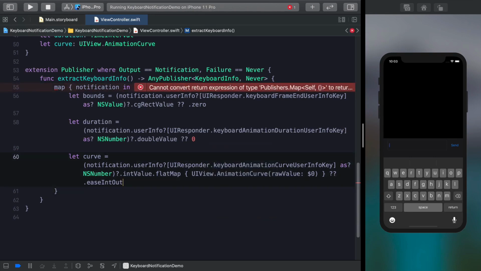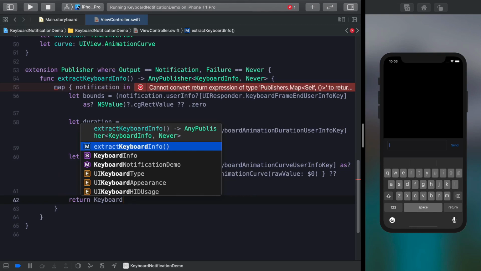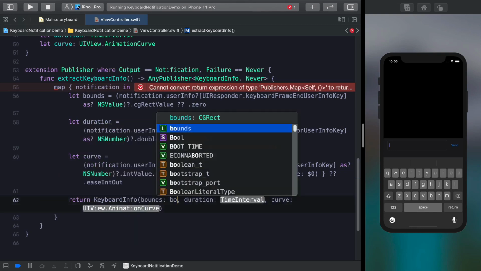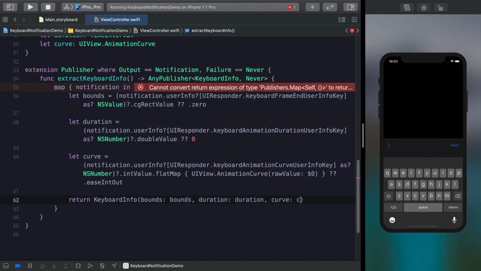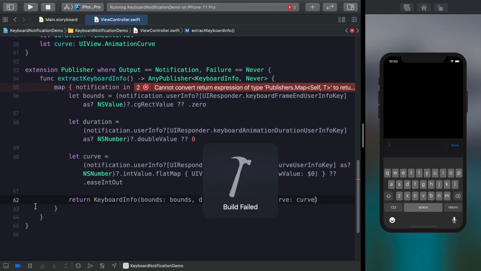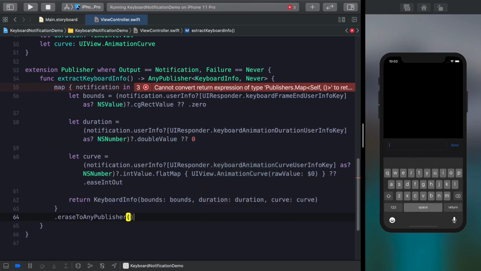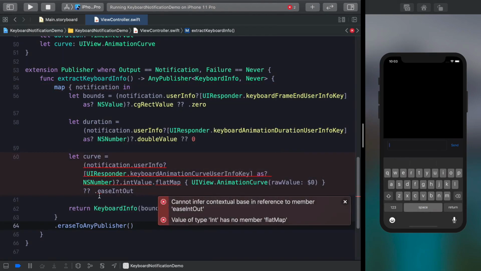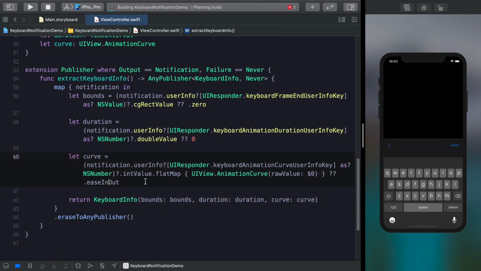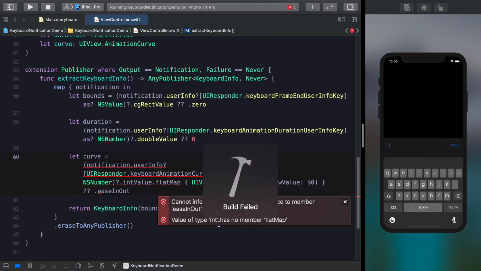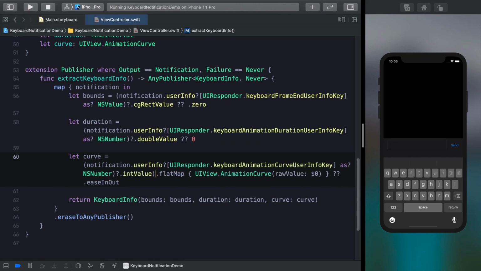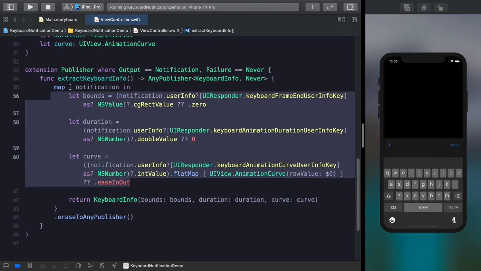Okay, so now I can return a keyboard info with bounds, duration, and curve. Then we need to call erase to any publisher. Let's see, and I misspelled this. Ease in out. What else is wrong? This may need to be wrapped in parentheses here. There we go. So it's a little bit complicated, and this is why I want to kind of tuck it